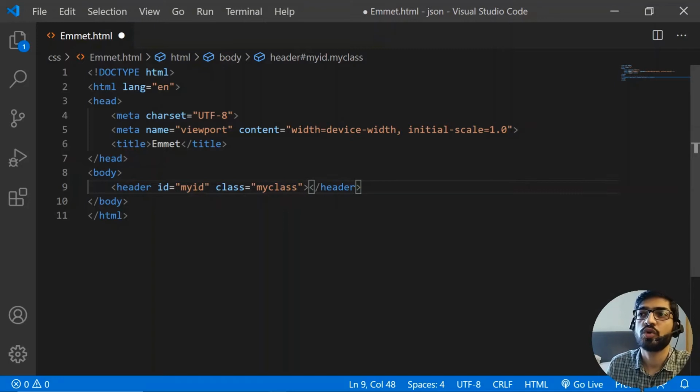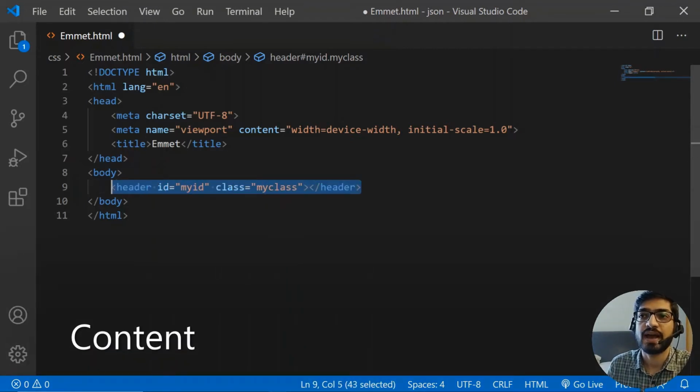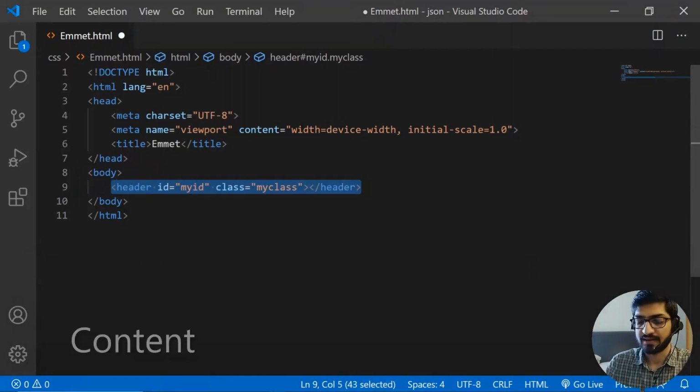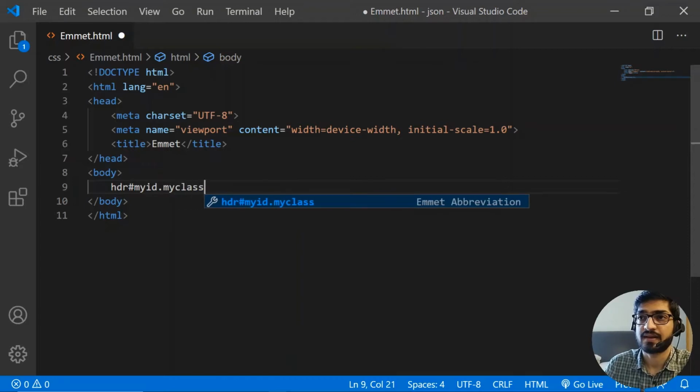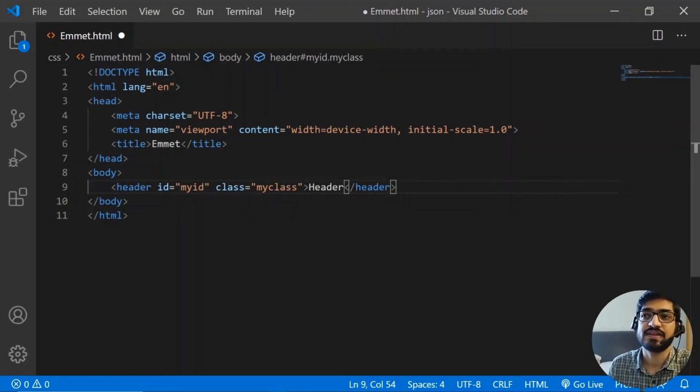Next, I want to show you how you can actually add content in the tag. So I'm going to write HDR, and in the header I need to have an ID of my ID, my class, and then I need to add content in it. So for the content I will add curly braces, and inside the curly braces I can actually write my content. So I will write header, and if I hit enter,